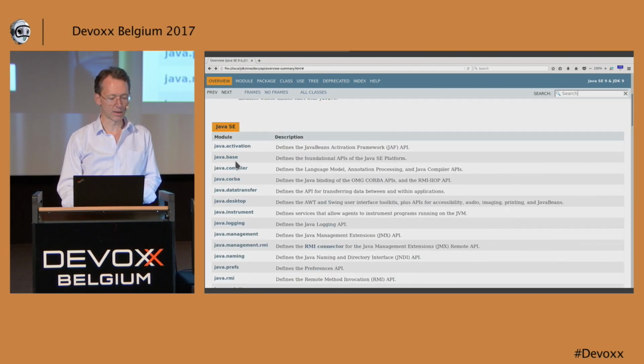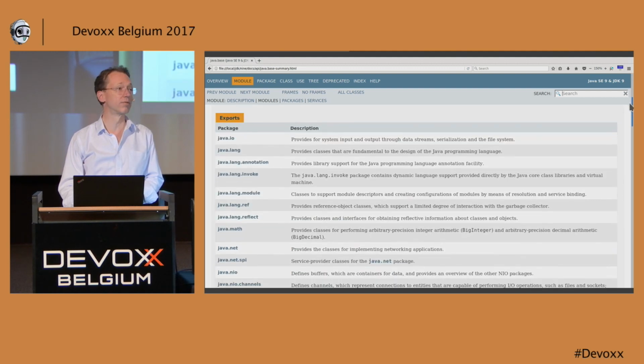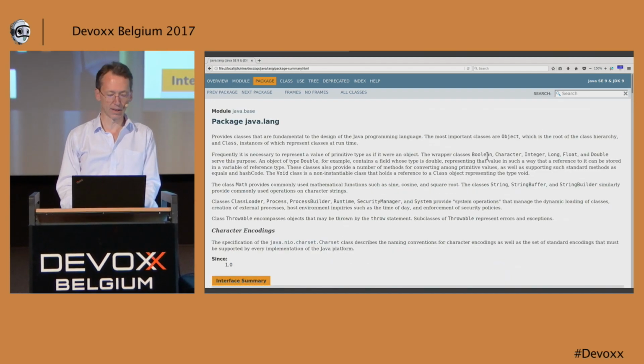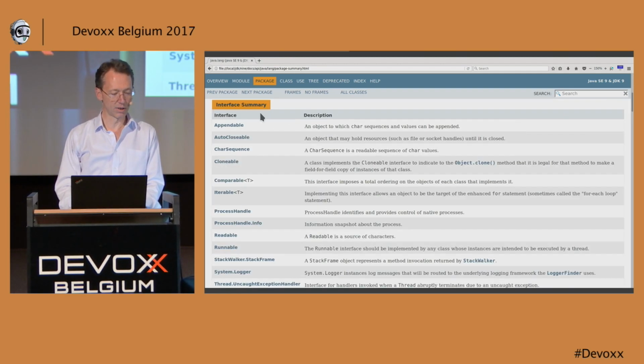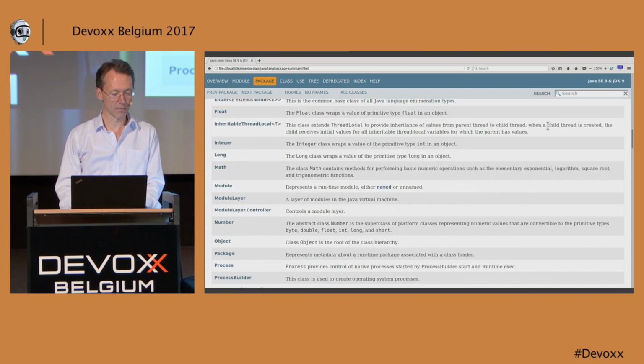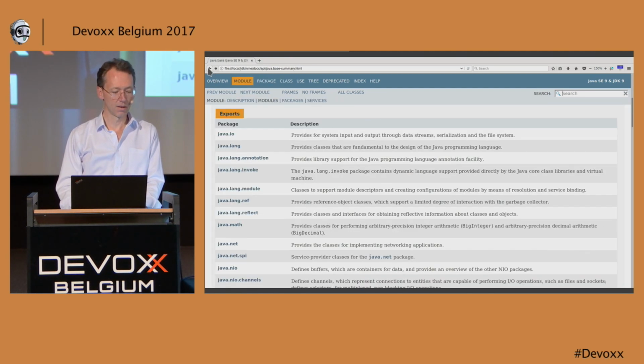And we go in here. If we go into Java base, then we'll see the actual list of packages inside it, including java.lang. There's our familiar java.lang package, and oh good, Appendable, Cloneable, all of those essential things. java.lang.Object. Yes, we still have java.lang.Object. Let me go back up to the top here,